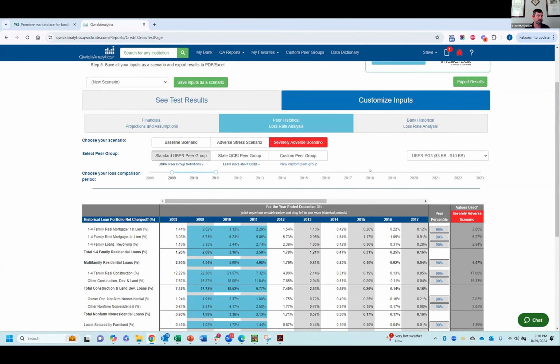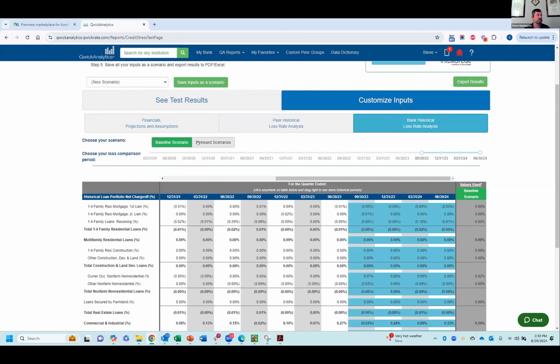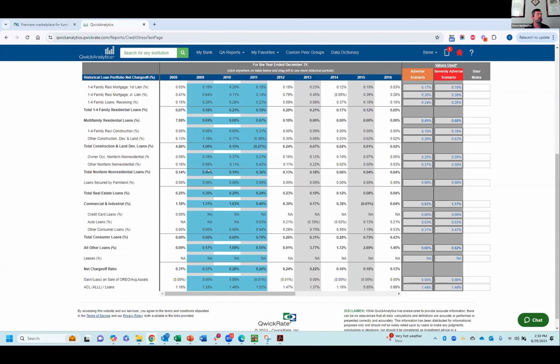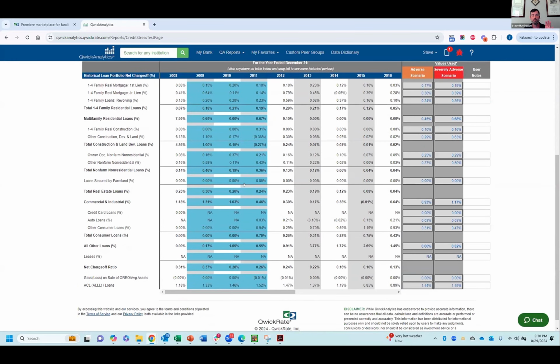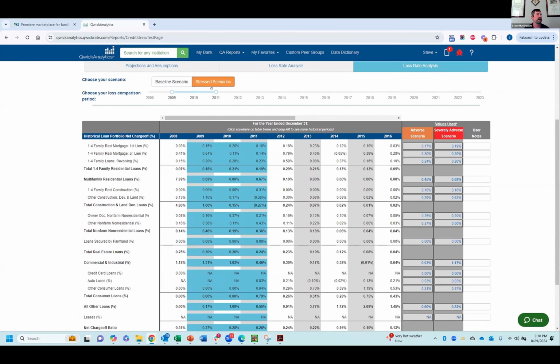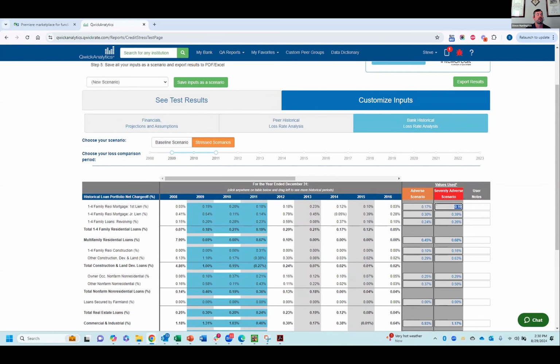In the bank historical assumptions, this is again where we're going to determine what the look back period was, the last stress period, and when it was worse for your bank individually. And we can change that as well. So you want to dial that in. And then you also can customize the loss rates on your portfolio if the historical experience doesn't get you where you want or doesn't get the analysis where it needs to be. And you can make notes on any assumptions you've made here, and they'll get attached to that segment and go through the test and are exported and printed through them.